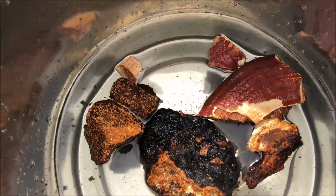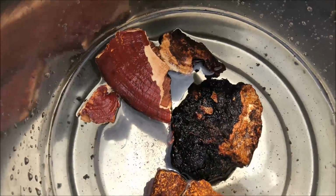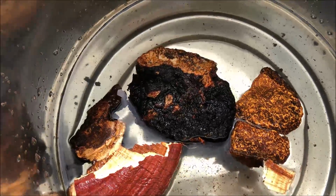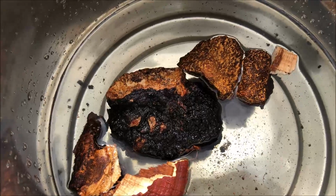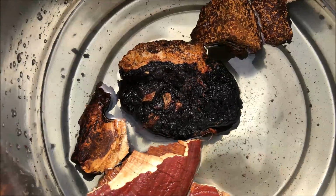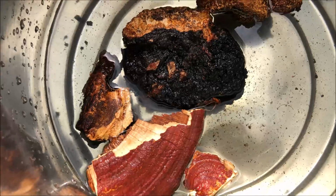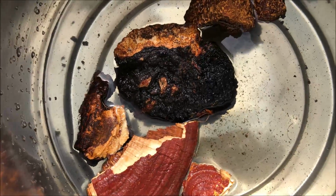Like dark brown, black, reddish color. It's really pretty. If you just are making the reishi, that ends up being a very light, well, I would compare it to like a lemon tea or something, or like a chamomile. It ends up looking like a chamomile tea. And by the way, I will make just reishi mushroom tea, and I'll add lemon to it, and it's pretty